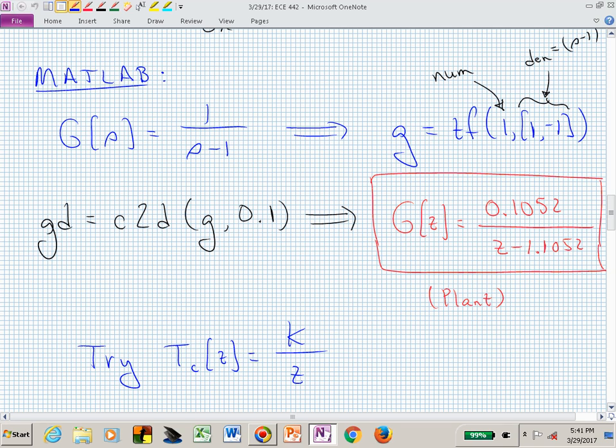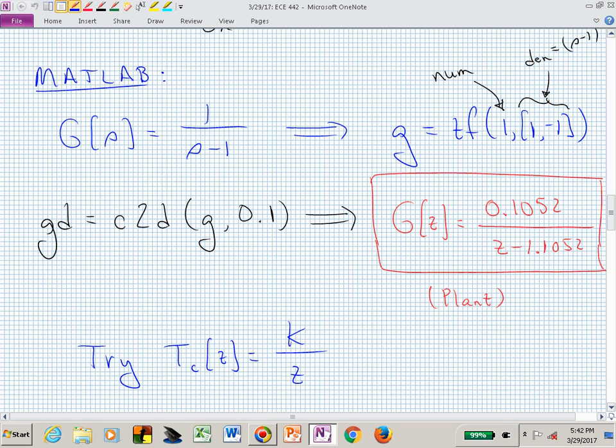That's a 2. That's a 0.1052, not a 0.105z. I didn't put the line through the middle. So the numerator is only a constant. How many finite zeros do I have? 0. So I have a pole zero excess of 1, and that's why I can say, let's just try something simple. And in all of these, I think problems 3 and 4, I'm asking you to produce a deadbeat response. And what do I mean when I say a deadbeat response? Where do I want my poles?